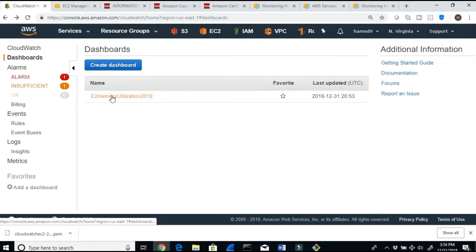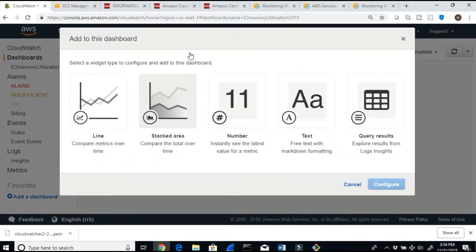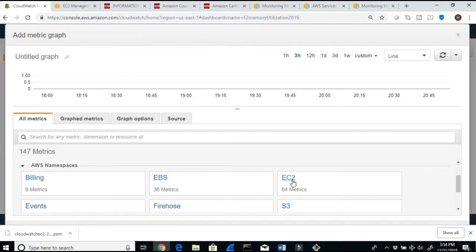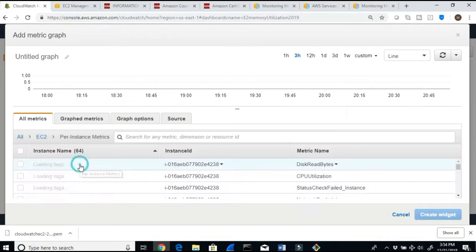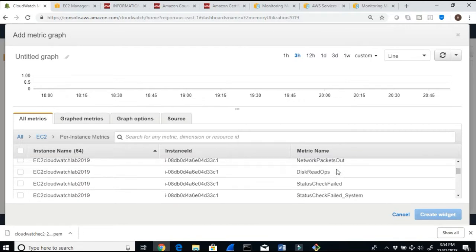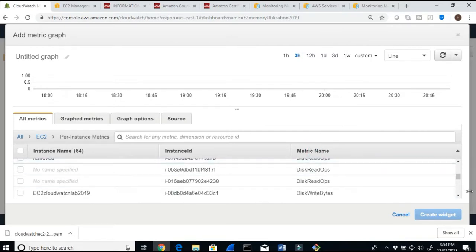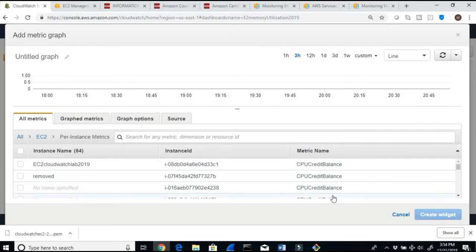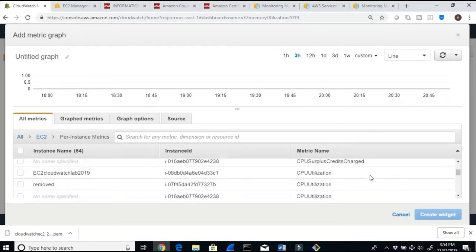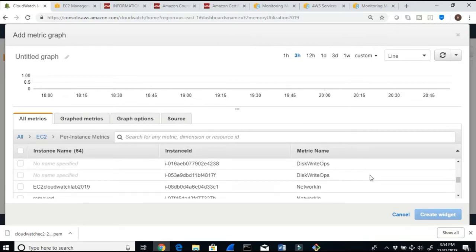Okay, let's go create a message right here. So what we're going to do, we're going to add a widget right now. Pick this, configure. Okay. Now when I go to EC2, per instance metrics, all you see is CPU credit and so on. If I click metric name, what do you see? You see CPU credit balance, CPU surplus, CPU utilization, disk read writes, disk read ops,